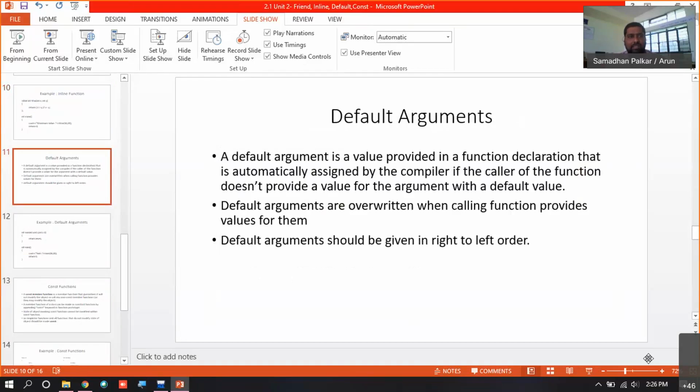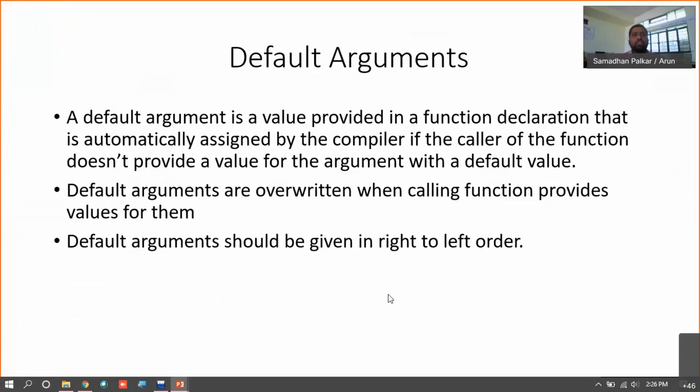Now, next is default arguments. In default arguments, we provide default values at the time of declaration. If while calling you do not assign a value to those parameters, it will take the default argument mentioned in the function declaration.